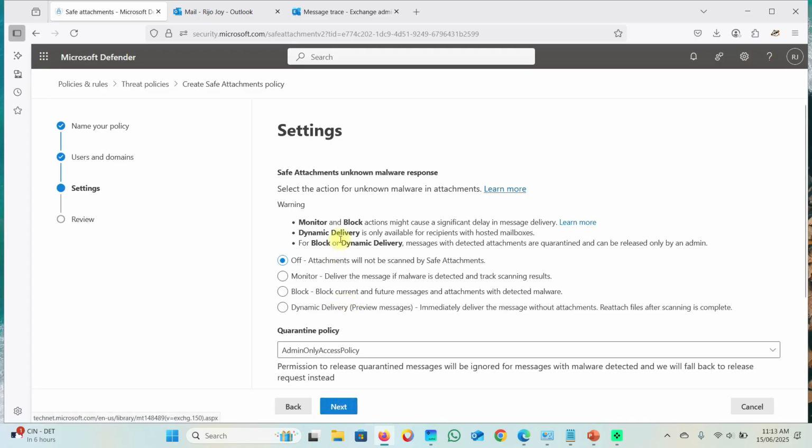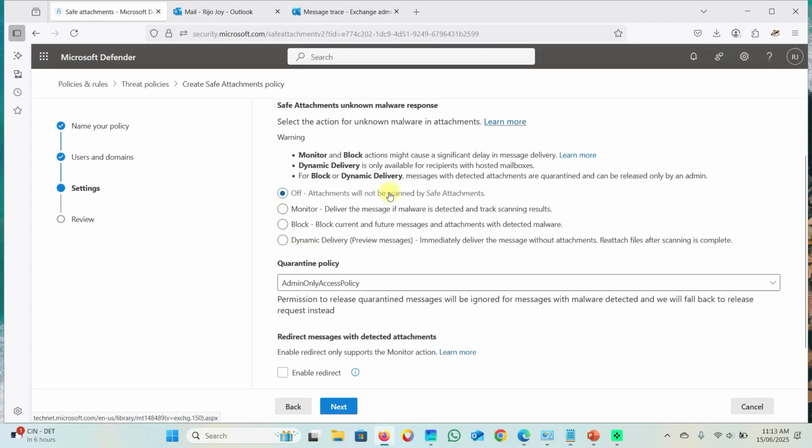So just click next. Here are the Safe Attachment settings. Whatever setting you want to create for it. Very important: Off means attachment will not be scanned, the policy is turned off. Monitor means deliver the message. Then after that, once you click monitor,